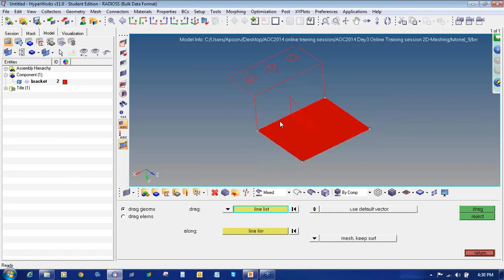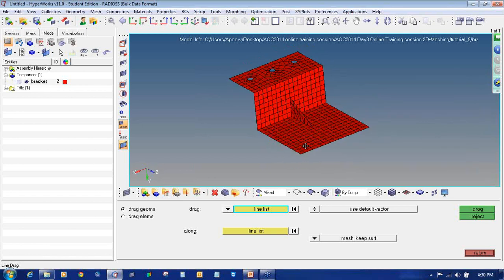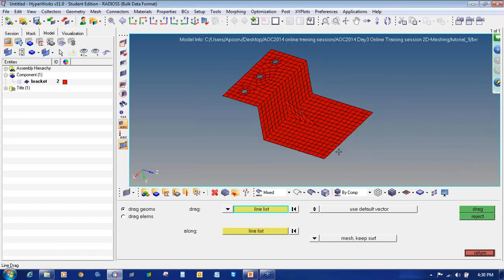So if I turn off this meshing, you can see it created the surface, but the rest of the meshing patterns don't create the surface, but they created the elements. So these are some options available in Hypermesh which are used to create the meshing even if you don't have the surfaces.